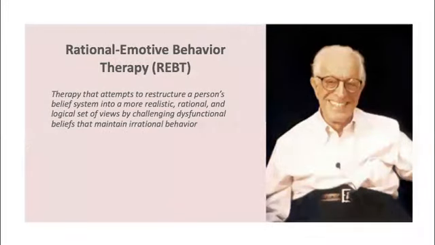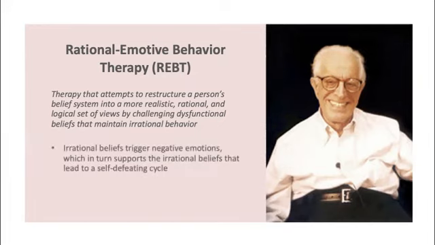A second technique from the cognitive approach is known as rational emotive behavior therapy, or REBT. This therapy challenges the individual's dysfunctional behavior with the goal of restructuring their belief system of their world and of themselves. So, trying to restructure their thinking to a more realistic set of views rather than the dysfunctional ones that they have. The main assumption here is that these irrational beliefs or thoughts the individual has actually trigger some negative emotions, which then support the irrational beliefs, and it just goes around and around in this sort of self defeating